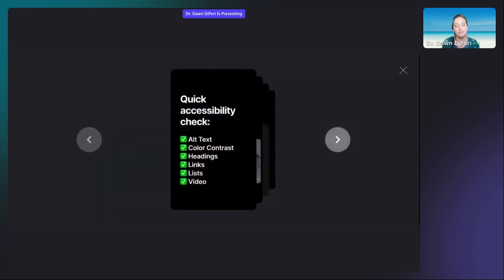Some of the main tips for digital accessibility: I just wrote a book called Graphic Design for Course Creators, which is free and available on Pressbooks. It's a CC BY license, meaning you can take it, adapt it, translate it, change it, whatever you want. These are the main sections that I focused on in that book on the digital accessibility part. There's two parts, visual design and digital accessibility, and these are the main categories to really focus on to try to improve.